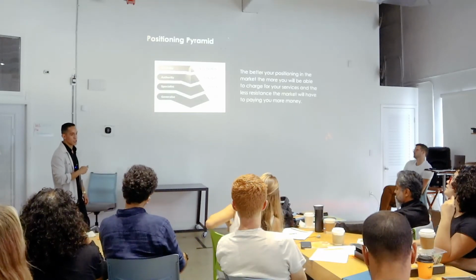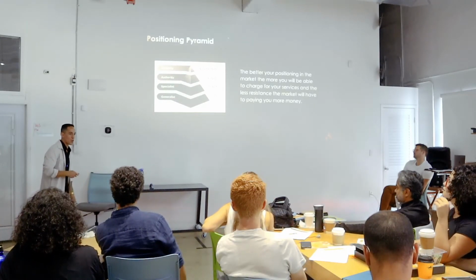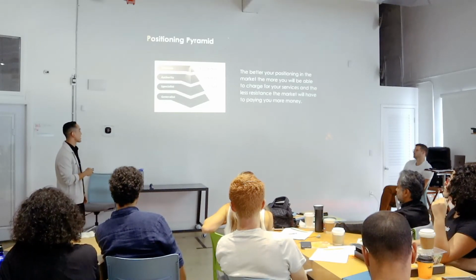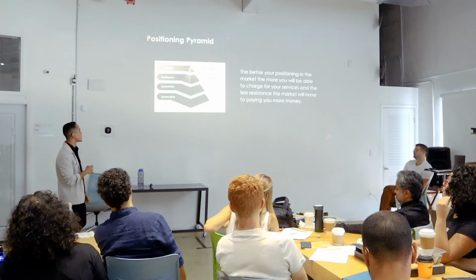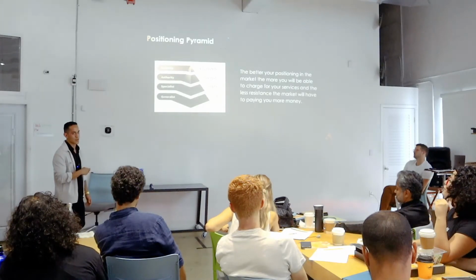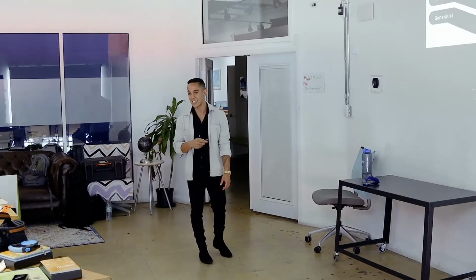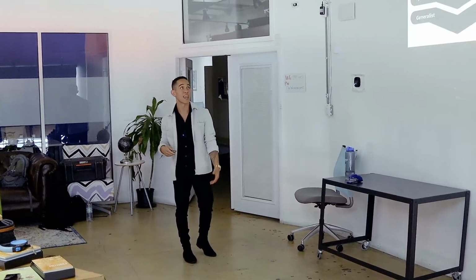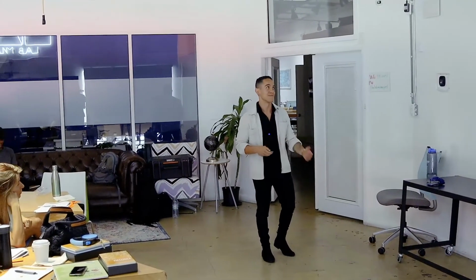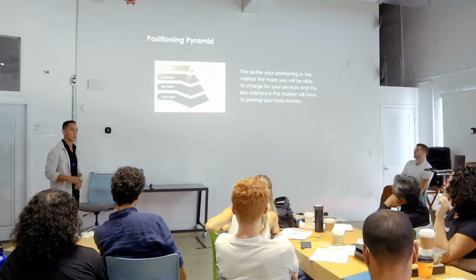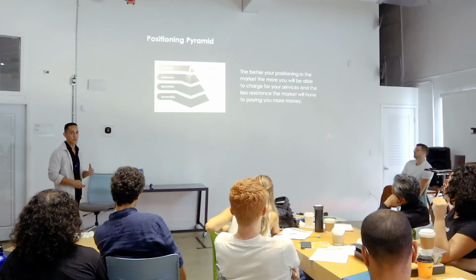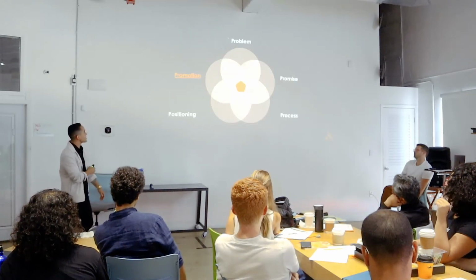This is a journey that is worth taking, and ideally, you should be going from a generalist to a specialist to an authority, and if possible, and if you're called to, a celebrity. It's something that takes time. You can't do this in 6 months. You can't do this in a year. But if this is what you're doing for the rest of your life, it's worth committing to going as high on this ladder as possible, because everything in your business will be easier. Your products will sell better. Cool? So that is the positioning pyramid.